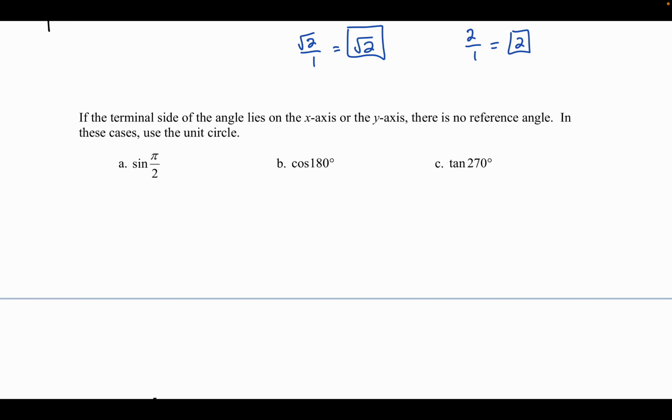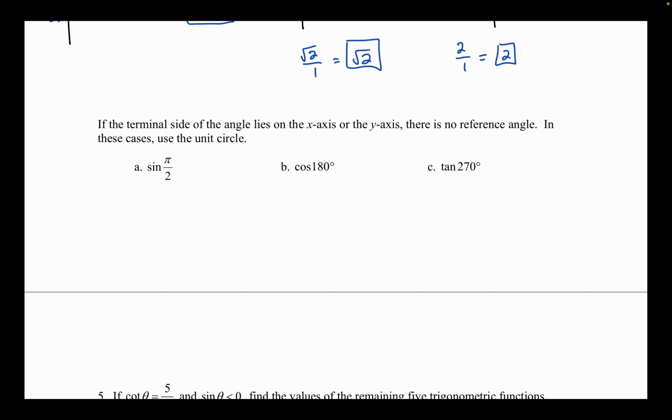So the last thing is, if the terminal side of an angle lies on the x-axis or the y-axis, there is no reference angle. We cannot make a triangle out of it. So in these cases, you just need to think about the unit circle. So just think about a coordinate system, coordinate plane. Let's see if it will recognize a circle. Lovely. Okay. So the unit circle,